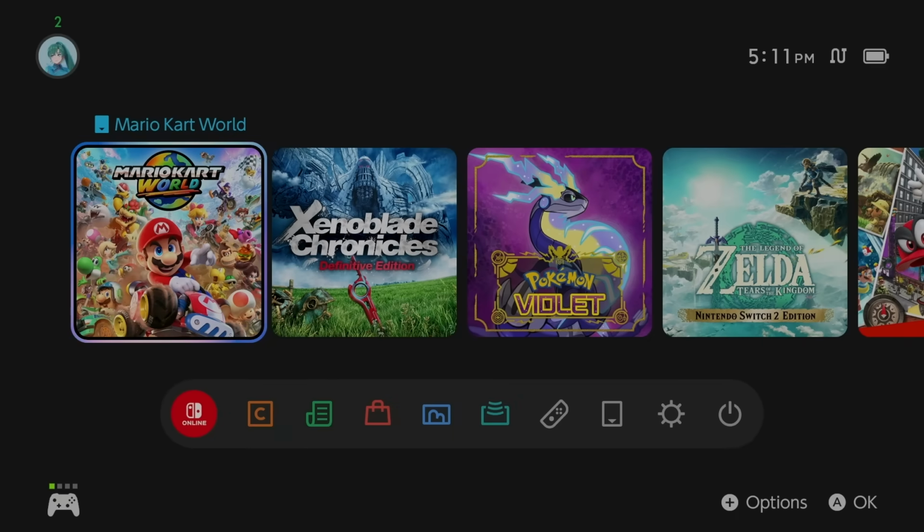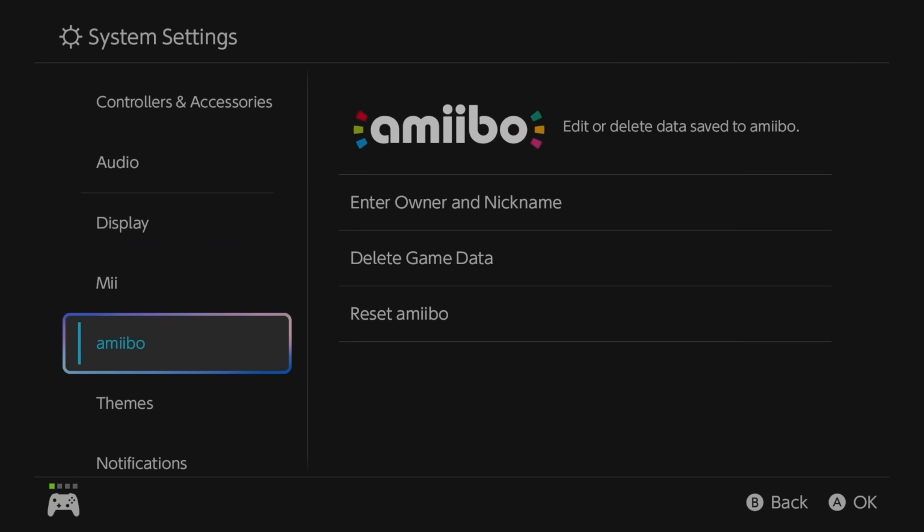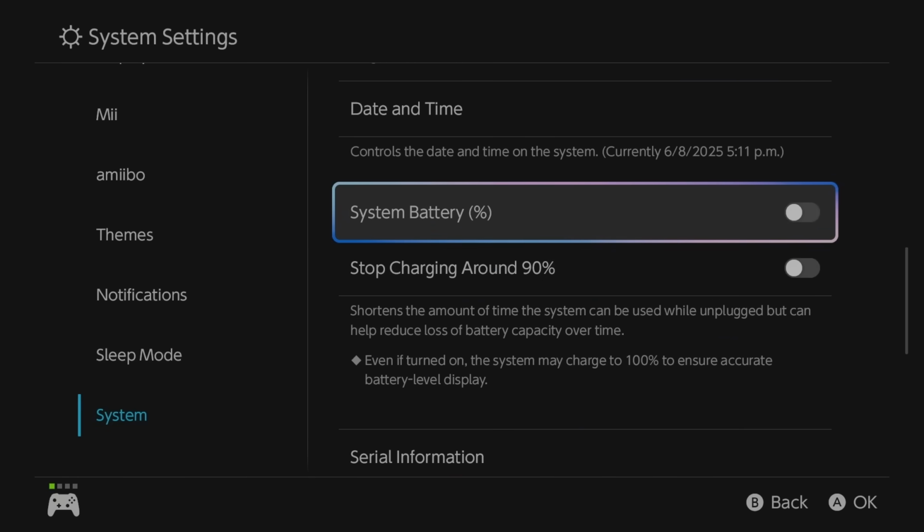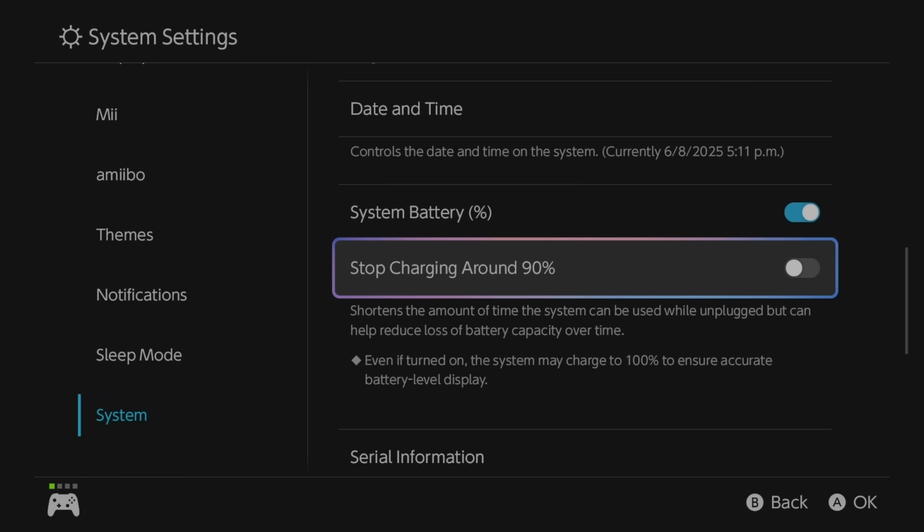By default, the Switch 2 also doesn't exactly show you how much battery percentage you have. So if you head on over into the system menu and go all the way to the bottom, there is an option for showing the battery percentage, but there's also another option here that says stop charging around 90%. This is basically so that your battery doesn't deteriorate as fast,